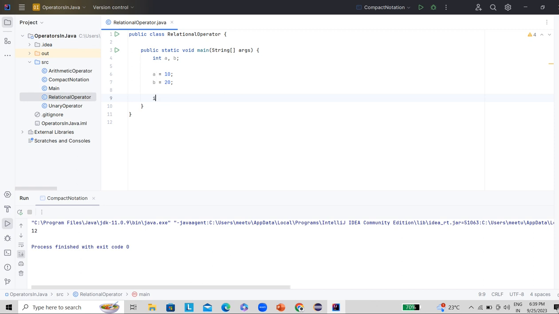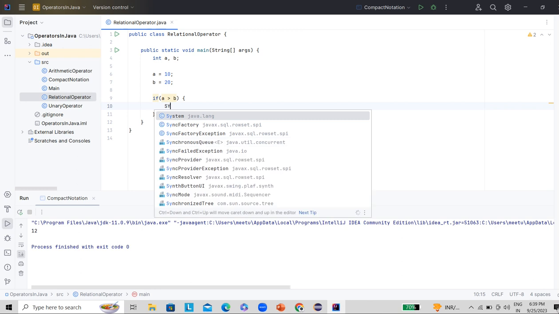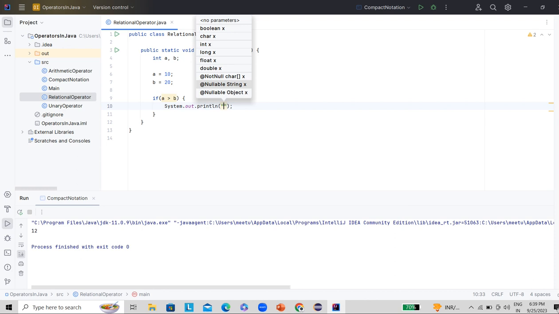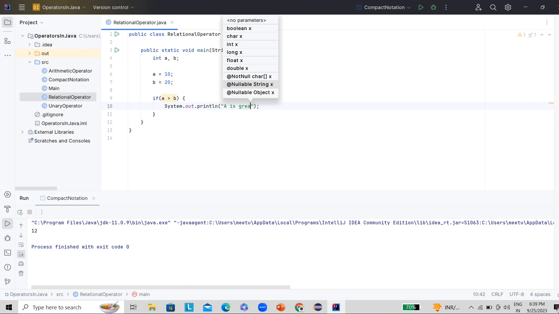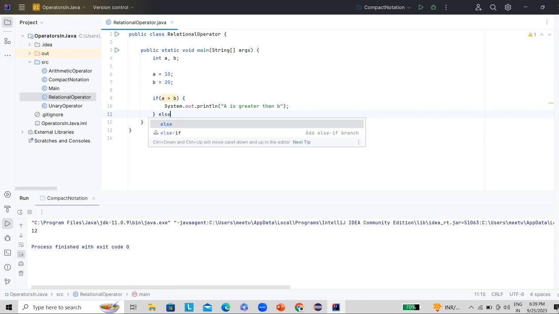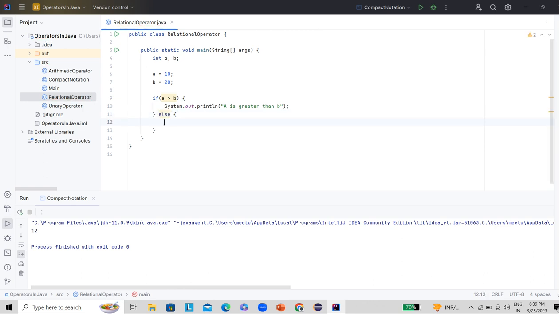We can write something like this: if a is greater than b, if this condition is true, then it is going to print System.out.println a is greater than b, right? Else, b is greater than a.